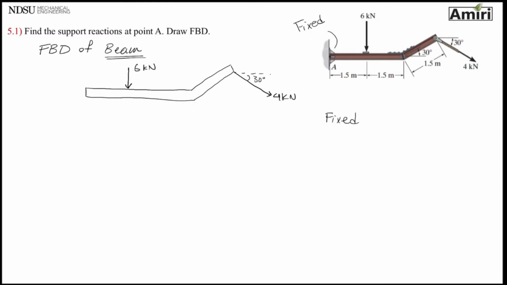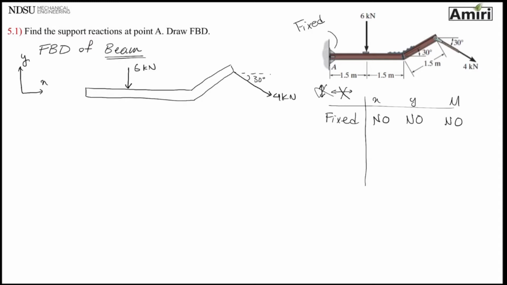So for a fixed support or for any other support, I'm going to create this little table: X, Y, and M. So let's see. This is going to be my positive X, positive Y. It's 100% fixed. So does this move in the X direction, right and left? No. Does this move up and down, the Y direction? No. Does this rotate about point A? Still no. And I care about those no's, so everywhere you see a no,